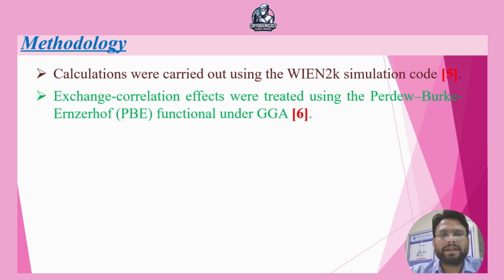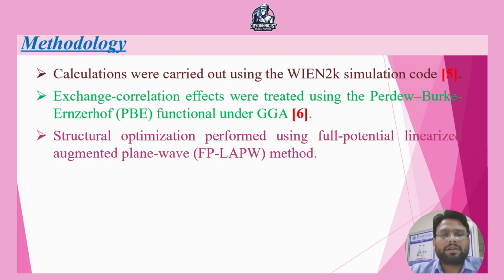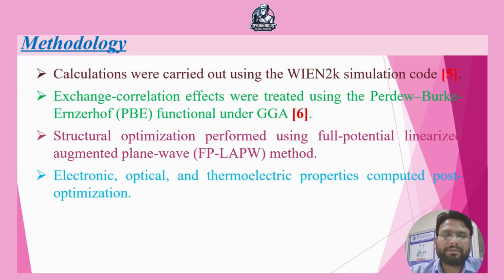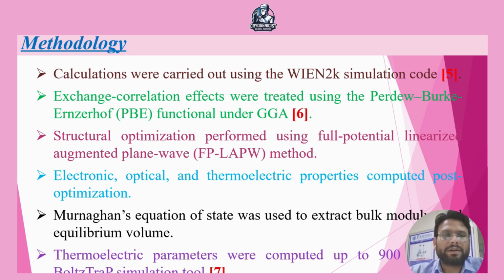Exchange correlation effects were treated using PBE functional under GGA. Structural optimization was performed using full potential linearized augmented plane wave method. Electronic, optical, and thermoelectric properties were computed after optimization. And Murnaghan's equation of state was used to extract bulk modulus and equilibrium volume. So the calculations we have done like this, and the thermoelectric properties were computed up to 900 Kelvin using BoltzTraP